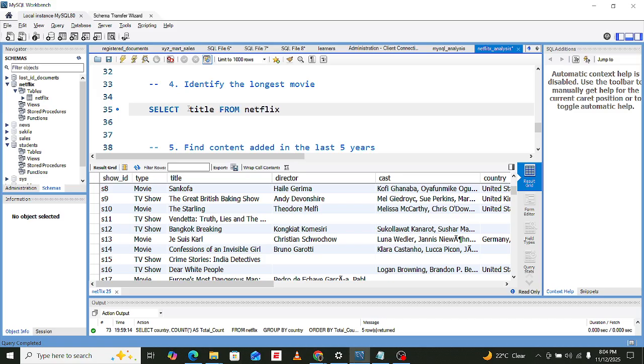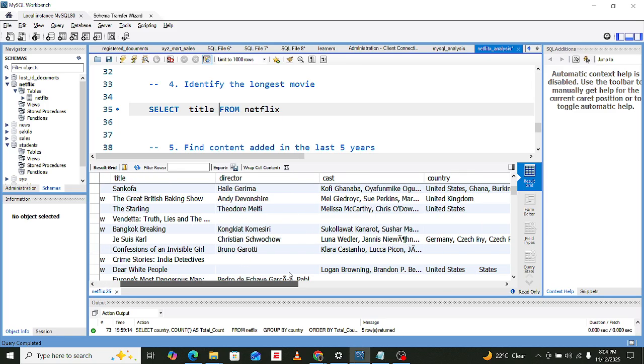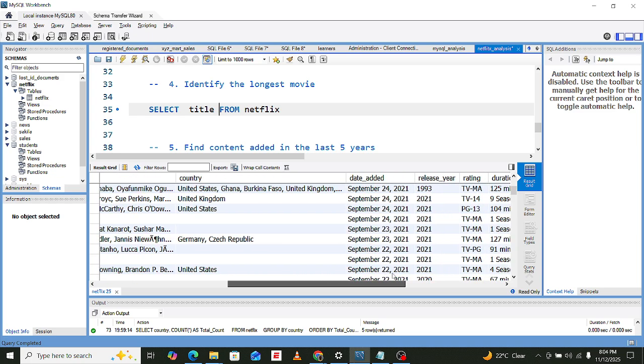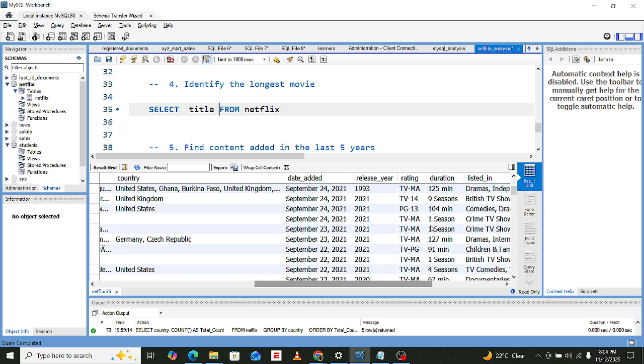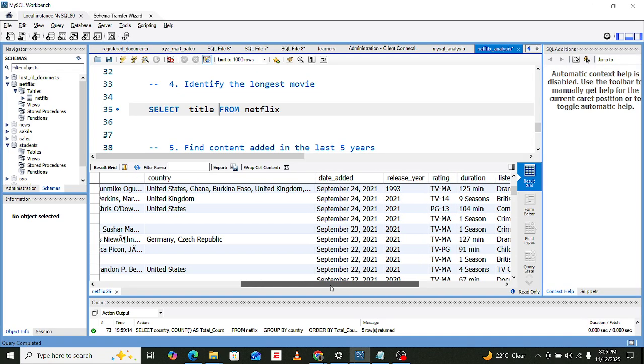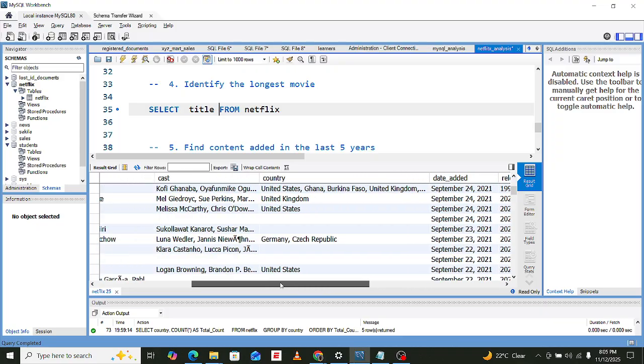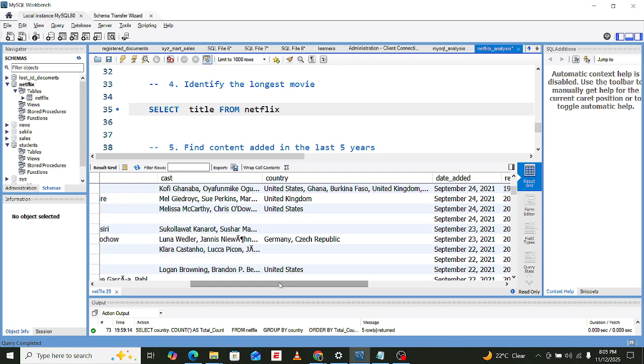Let me first ask you. Are we using the maximum so that I may be sure? Maximum duration of minutes. In fact, we're also using the duration column. I think I've just given you a hint. Yeah. So maybe we can start by select the title, then comma, duration. Sorry, type.